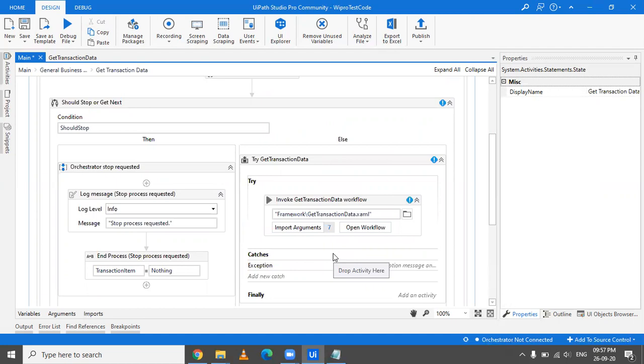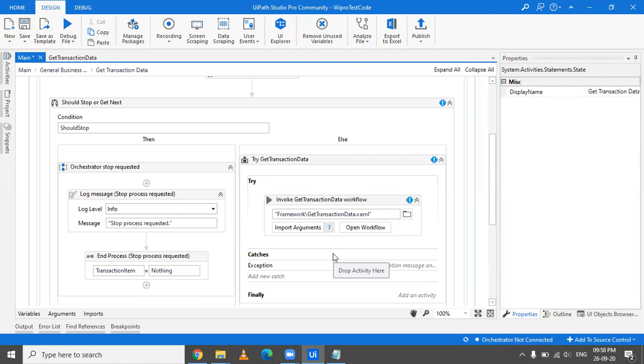It could be an index out of bound exception, because you're trying to read from a row which is not present. In that case, the bot would be confused about where to go. So it's better that we set the transaction item to nothing, so it has a state to go to, because if the transaction item is set to nothing, it would directly transit to the end process state to end the process. So that's all for the get transaction data.